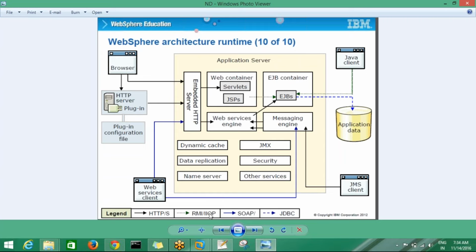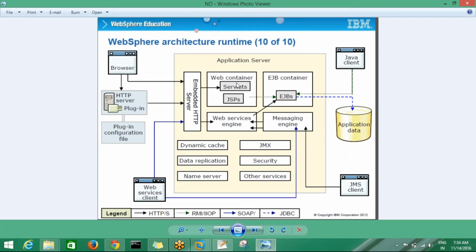So these protocols are used in these two containers. Suppose I have deployed an enterprise application in my server. Enterprise applications we cannot access through HTTP requests. But here the user is trying to access the application through the browser, which means an HTTP request. That HTTP request comes to the HTTP server first, then it comes to the web container. The web container doesn't have EJB code.